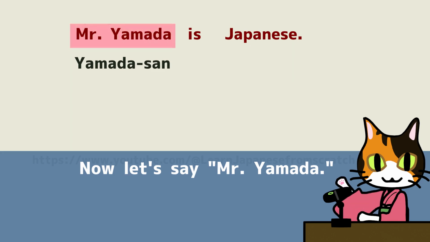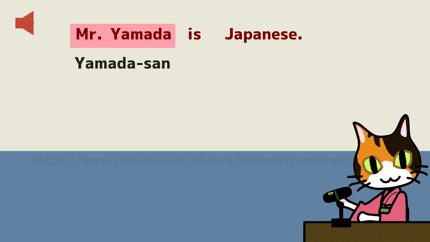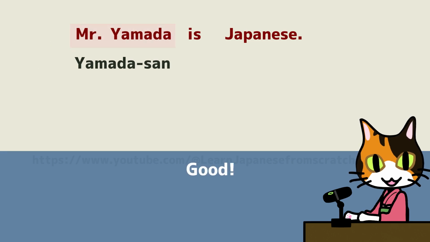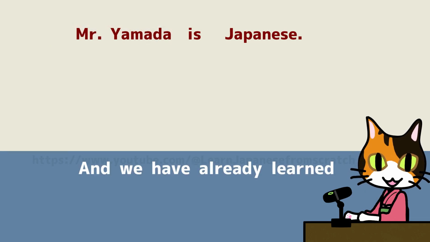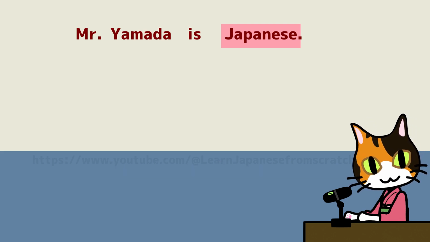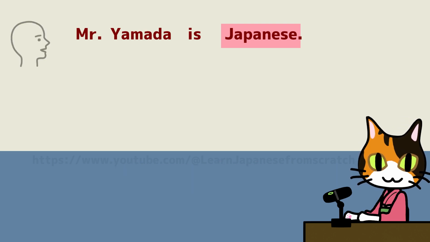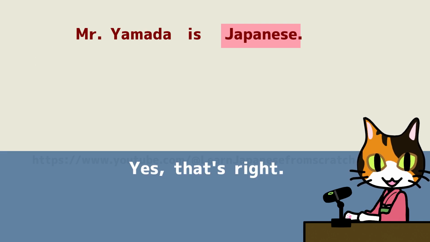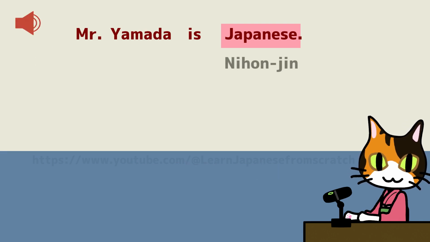Now let's say Mr. Yamada. 山田さん。Good. And we have already learned how to say Japanese person or people. Do you remember how to say it? Yes, that's right. 日本人。